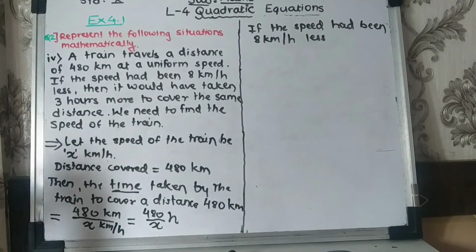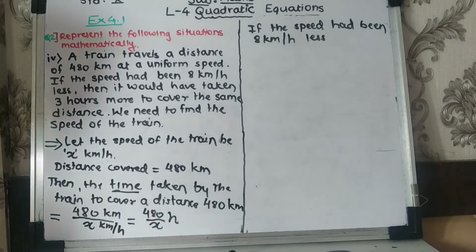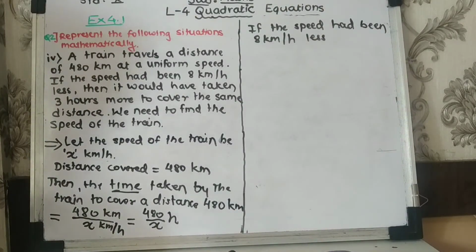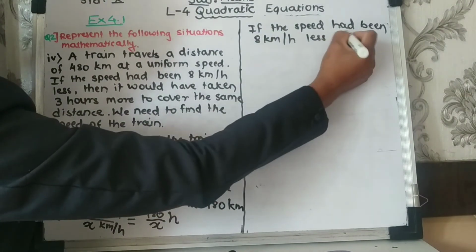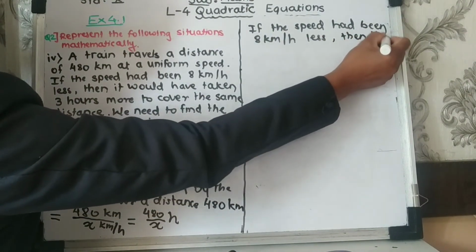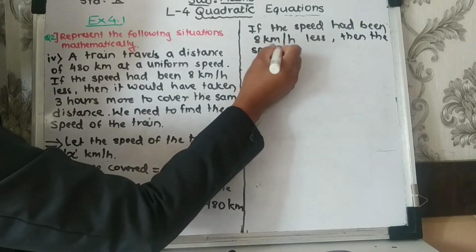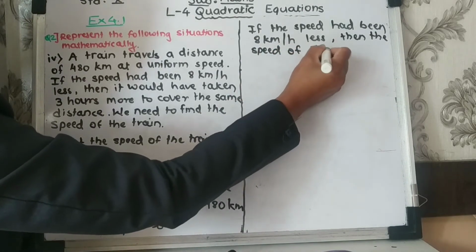Now what is the meaning of less in maths? In the mathematical way, in sign language, less means subtraction. We are going to subtract it. Then the speed of the train will be